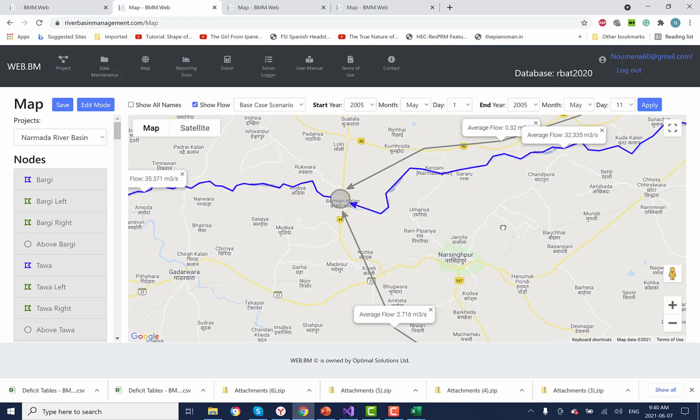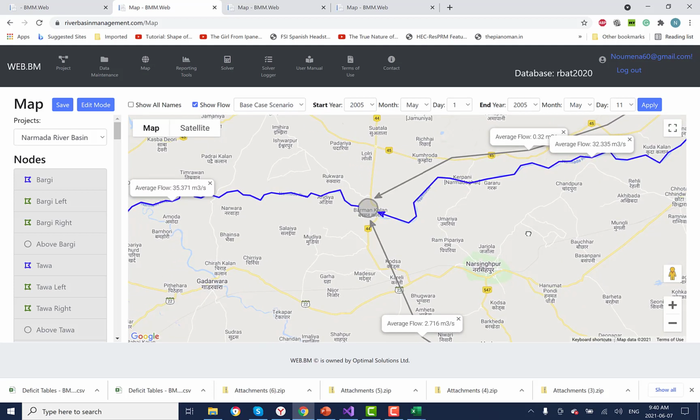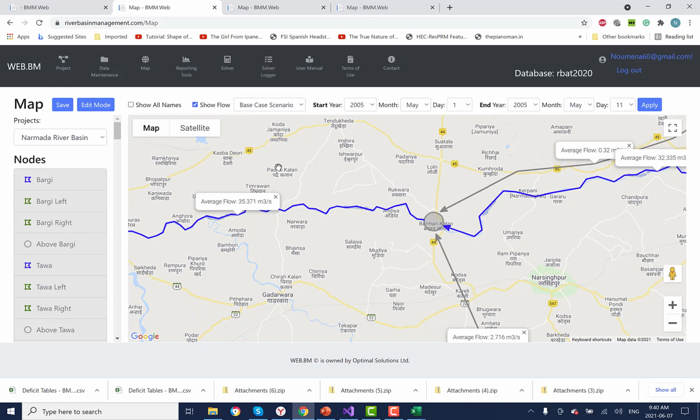This can be done again on a seasonal basis. It can be done for individual time steps, or it can be done for entire year or many years at once, in which case we will be getting the average flow over the entire period that we are covering in our selection here. These are the currently existing tools that help with output analysis, and we hope you like this